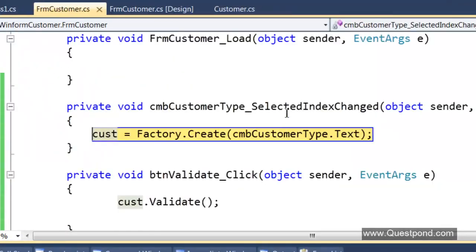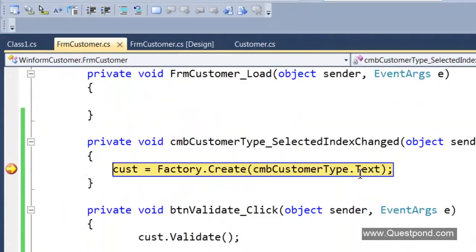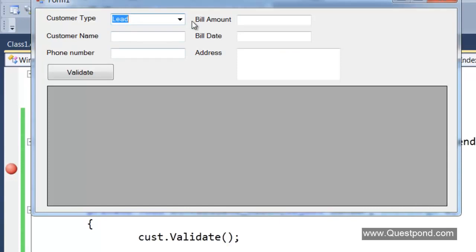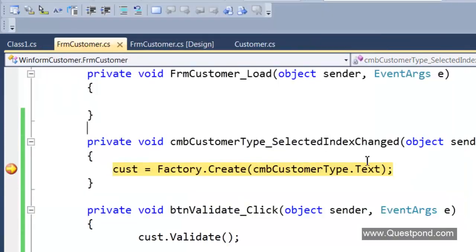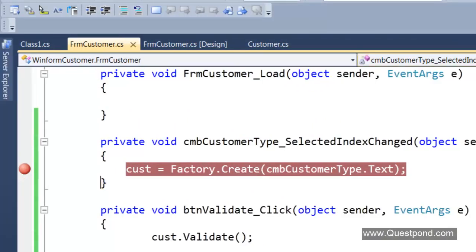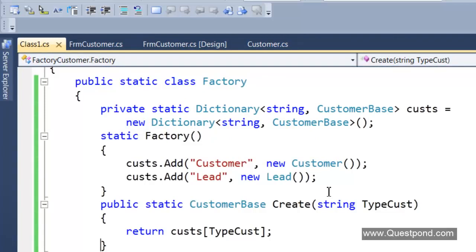So now if I do a lead, it looks up the collection and gives me back a lead type. If I do a lookup of a customer, so there is a customer, he again does a lookup, it goes, looks up, and it gives me a customer type. So you can see now we have a factory class centralized, all the new keywords are centralized there, and also we successfully got rid of that if condition.